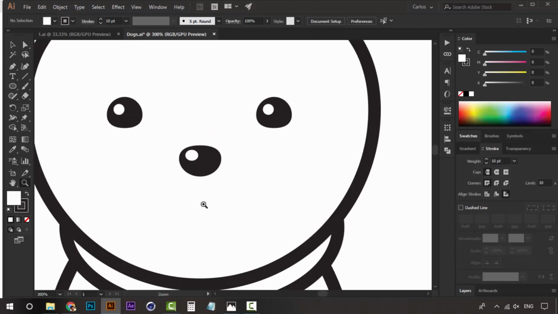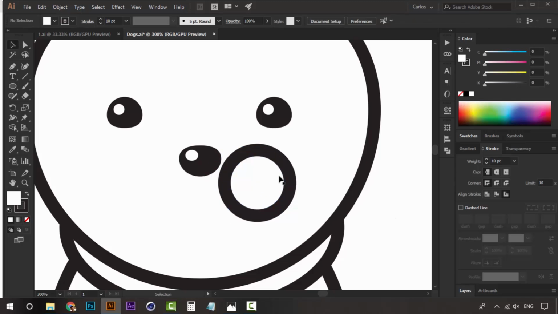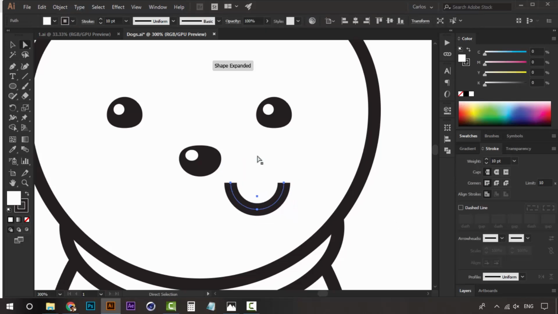Now, let's create the mouth of the dog and the little tongue. And for this, I'm going to use an ellipse tool, create an ellipse like this, and let's delete the top part of this ellipse. Now this will be an open circle. Now change this to round cap, and you will have this. Now place this here,